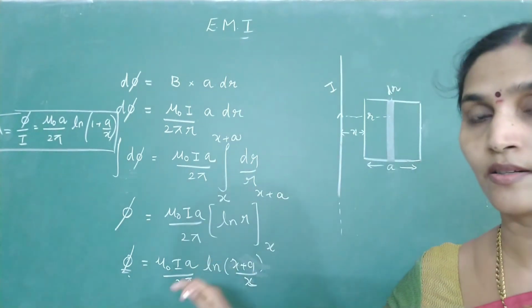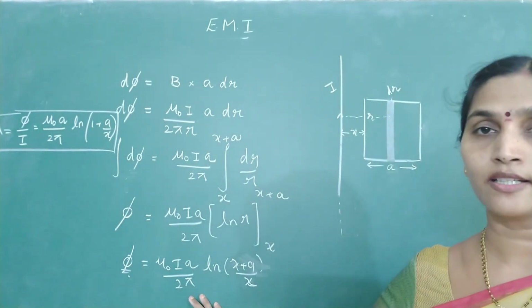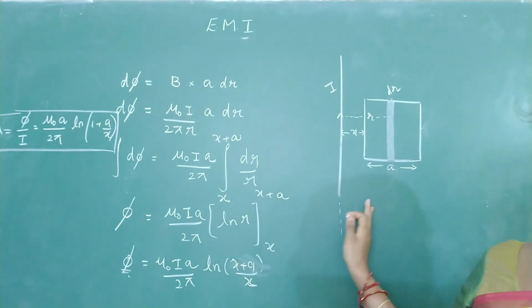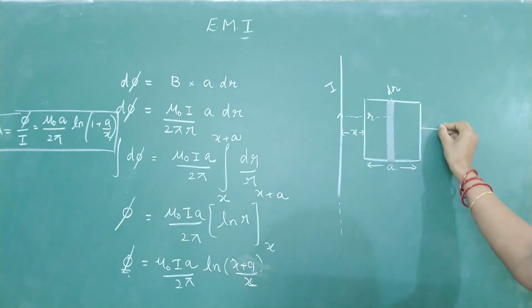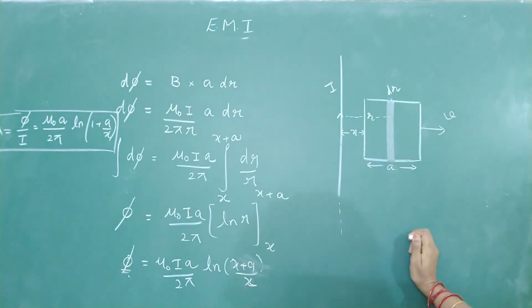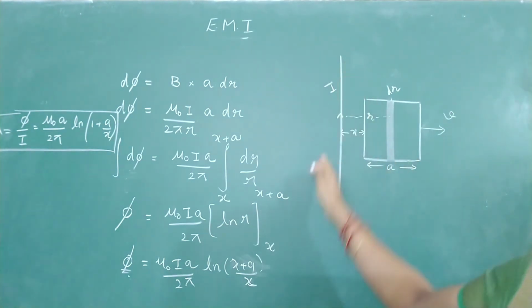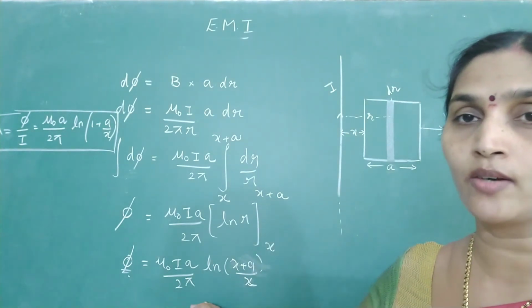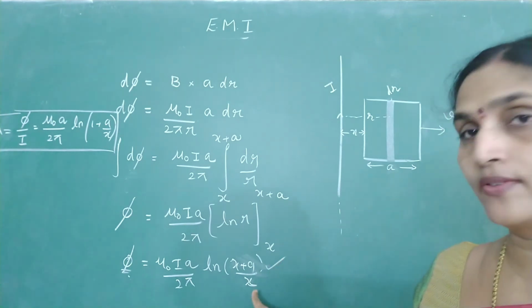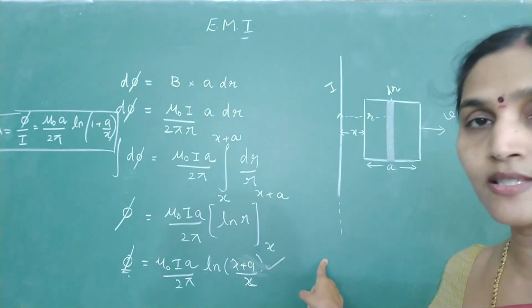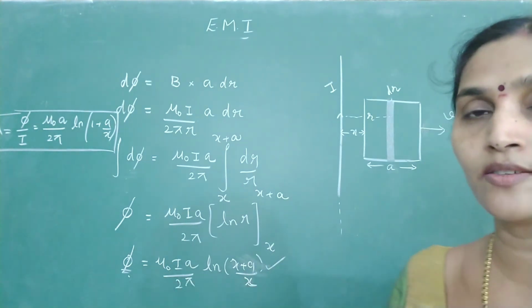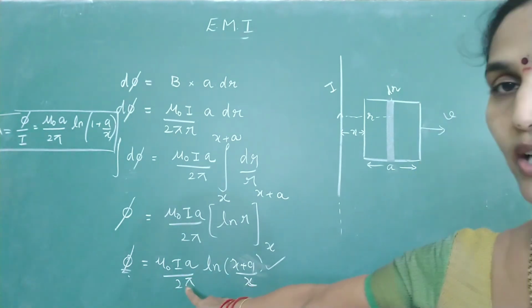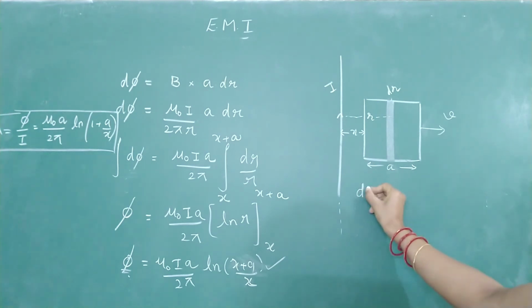Okay, in this question, one task is to find the mutual inductance. Sometimes the question can also be: what is the induced EMF? For this arrangement, if the square loop starts moving with a constant speed away from this long straight current carrying conductor, determine the induced EMF. How to get the induced EMF? Because you have already calculated the flux, it is one step ahead of it. Differentiate the relation. We know d phi by dt will give you the induced EMF. Differentiate it. Look at this relation. What is d phi by dt equal to?